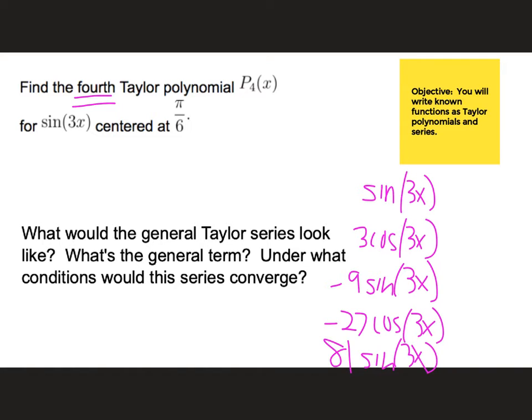Now when I plug in pi over 6, 3 times pi over 6 is pi over 2. Sine of pi over 2 is 1. Cosine of pi over 2 is 0. Sine of pi over 2 gives negative 9. Cosine of pi over 2 is 0. Sine of pi over 2 is 1. So that means I'm going to take the initial value